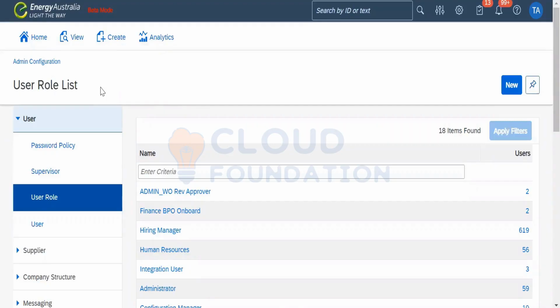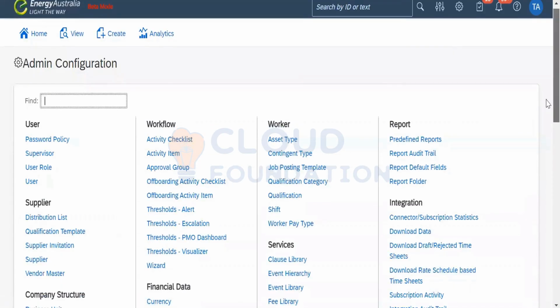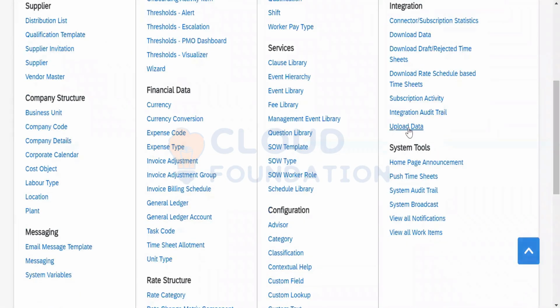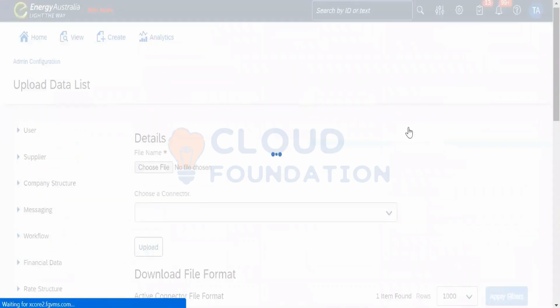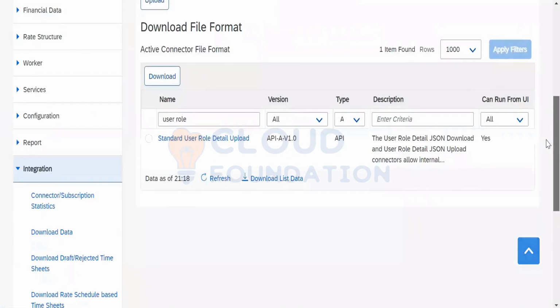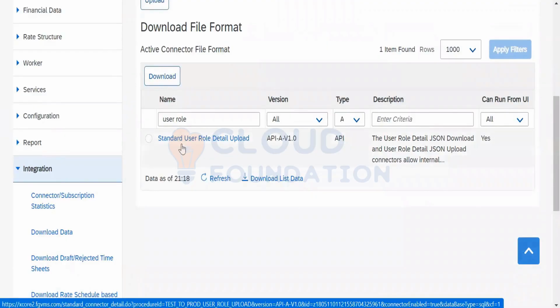Those are the tools used to connect between the systems or load data completely into the system. That we find under... I'm just taking it up. This is the standard user role detail upload.